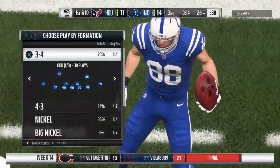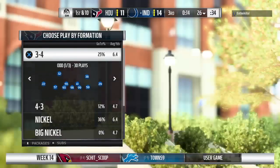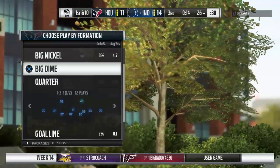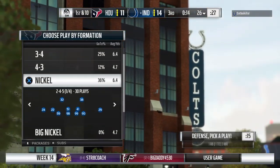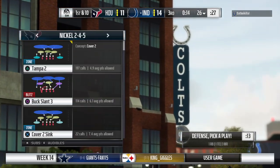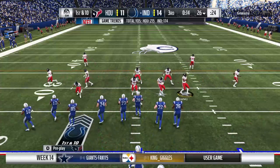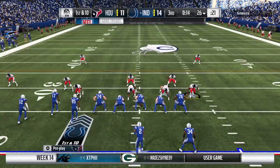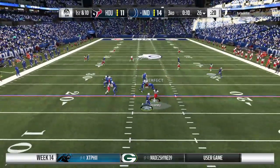Here comes the Indianapolis offense now as they get set to take over. After the long touchdown drive we just saw, you wonder if maybe that's taken a little of the wind out of this offense's sails because they had it going pretty good last time too. Had to sit over there for a little while, didn't they? You know, they were eager, amped up to get back on the field after just scoring, hoping to get the ball back quickly. That didn't happen, so I'd say come out, just kind of get started again. Doesn't have to be anything dramatic. Just get moving, get loose again, and see if they can get...